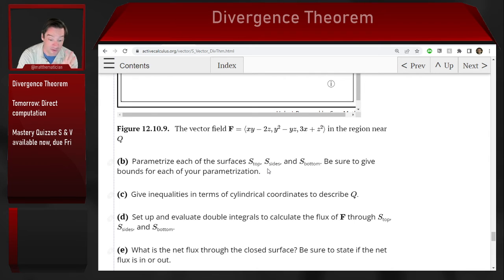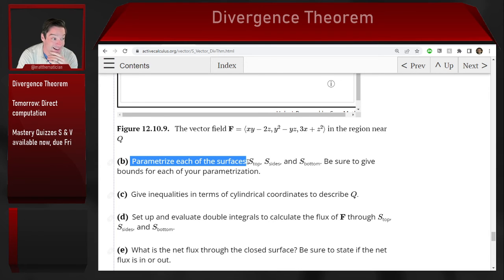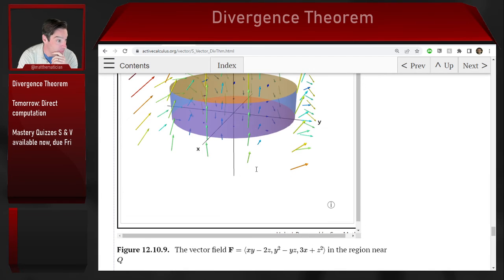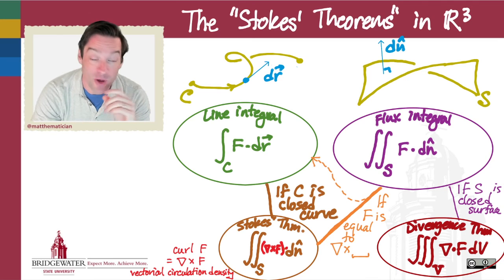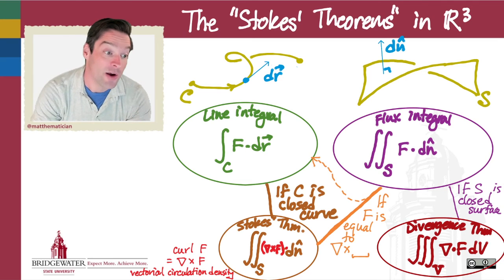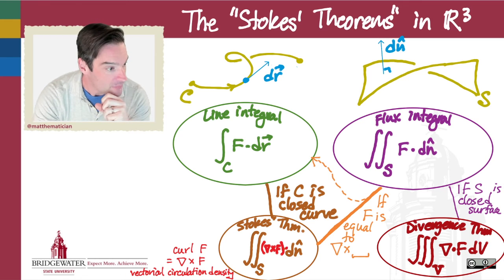So when we do this by direct computation tomorrow, we're going to have to parameterize the surfaces and specify those normal directions explicitly. But that's not the direction we're going to take with it today, because we want the divergence theorem to bail us out. We want to trade out that purple flux integral here, because we have a closed surface, for that red triple integral that we see down here on the bottom right. So that is going to be nothing more than doing parts C and F and G, I suppose, of this activity. This is activity